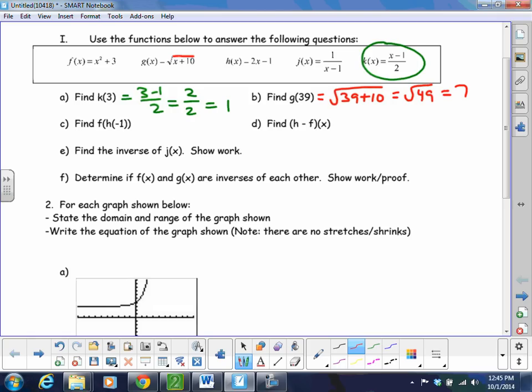Okay, part C, a little bit more involved now. Find f of h of negative 1. So again, I would always think of h of negative 1 as the inside piece. It's going to be some number that we can find out by plugging into h of x. And h of x says it's 2x minus 1. So if we find h of negative 1 first, and then plug that answer into f. So h of negative 1